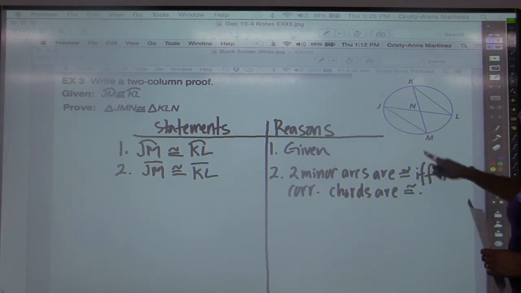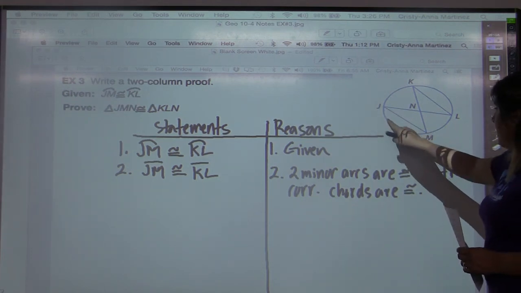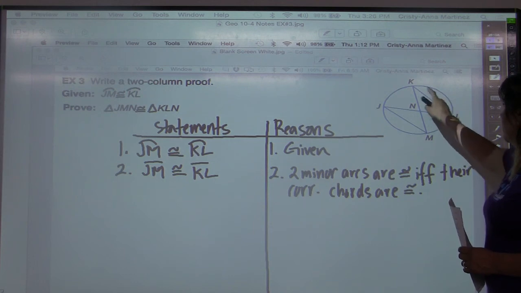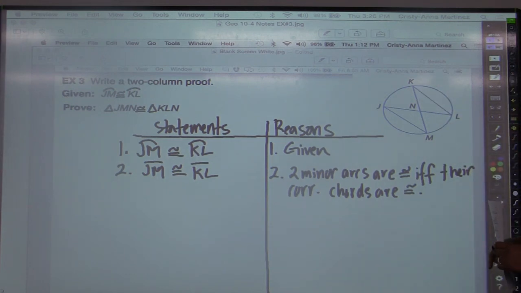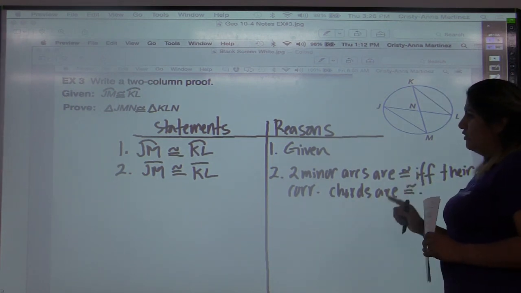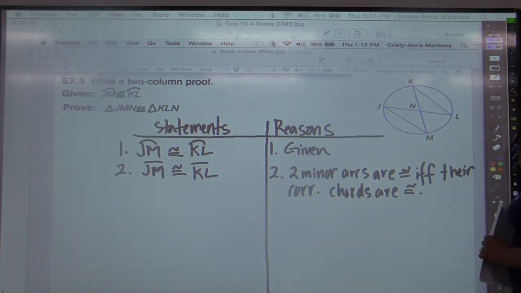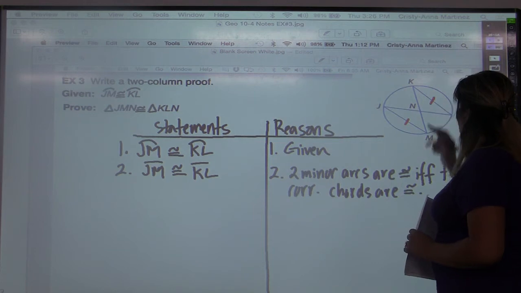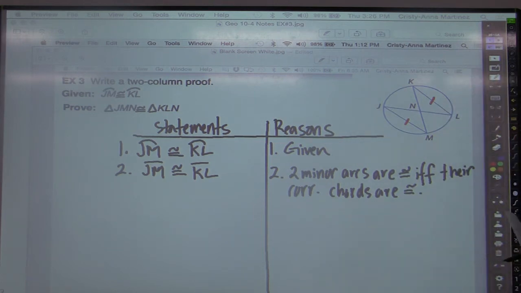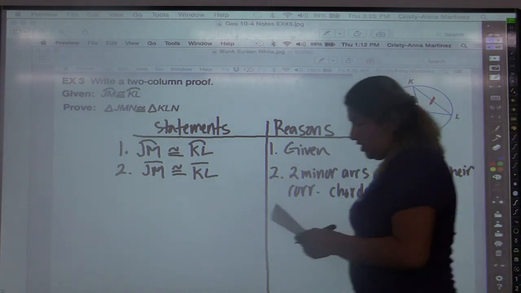So again, we see that JM is a minor arc and KL is a minor arc, and since they are congruent, their chords are congruent, which is what we're saying here. JM is congruent to KL. So all of a sudden we have a pair of sides that are congruent, and we needed that for our proof. For the next thing, we're going to say that